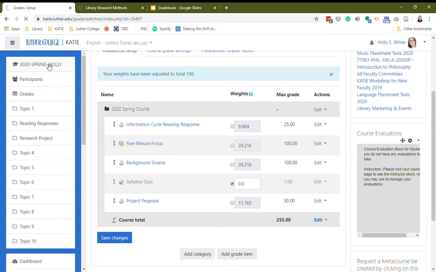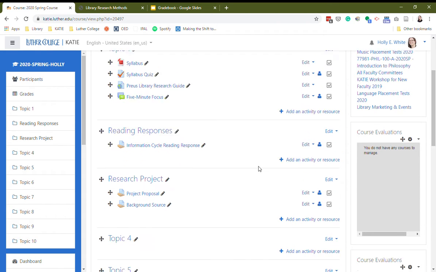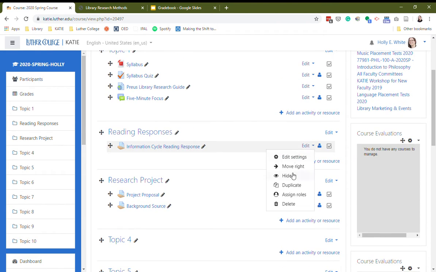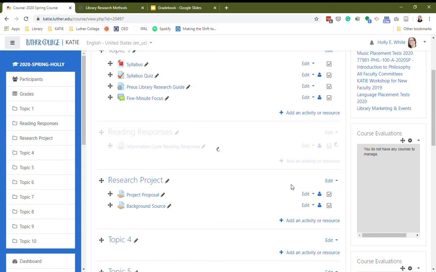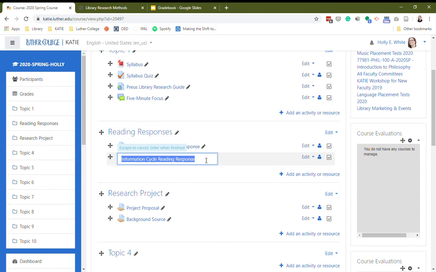So to do that, I'm going to go out to my main course page. Here I can see I've got a section for my reading responses. This is a really neat tip. You can click Edit and then Duplicate, and it will create a copy of the assignment that you've created, and then you can just go in and edit it. So since these reading responses are really similar, I'm just going to come in here and